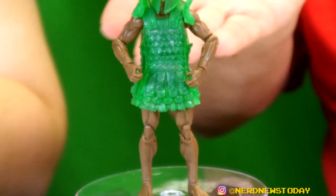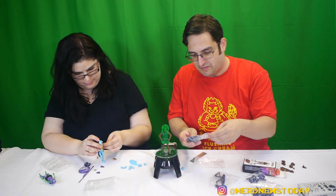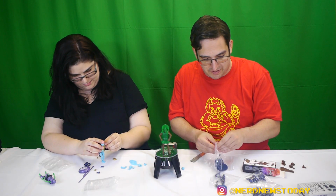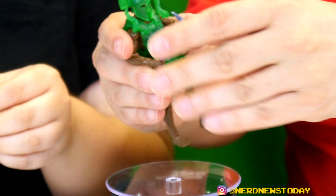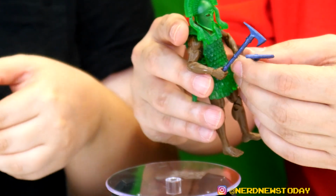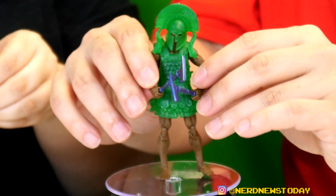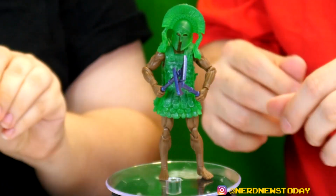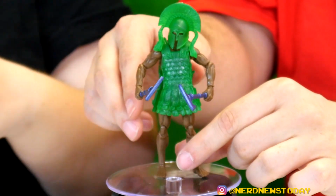So this is just one of the random additional things we got from Boss Fight. But in the actual accessory set, we got tons of weapons. So I'm going to go ahead and put some different weapons on him to show you guys. I'm going to give him an axe in each hand. And those axes slide right on in, nice and easy. How fun is this? Oh, that looks nice. Sure, it's a little weird he might be running around half naked, but...